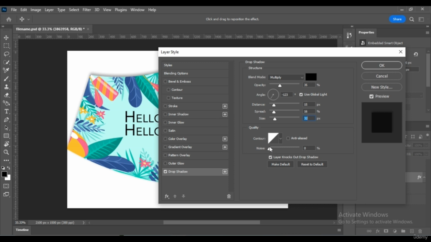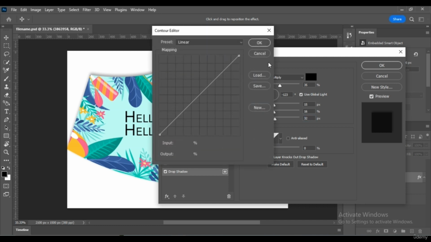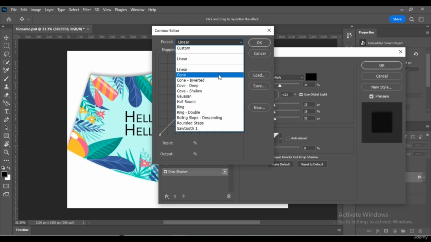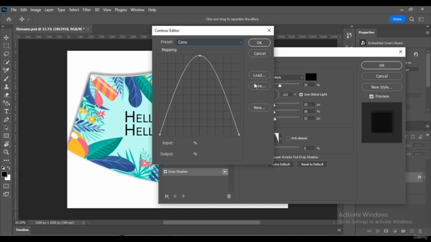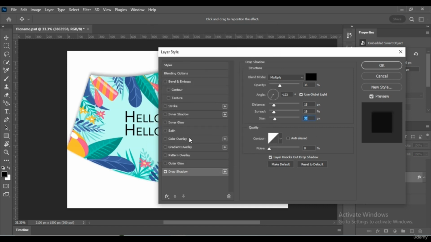The noise and contour right here, it sets the pattern of the shadow. You can choose whether the pattern is to be gone like this, so the shadow will appear like this. Click cancel.